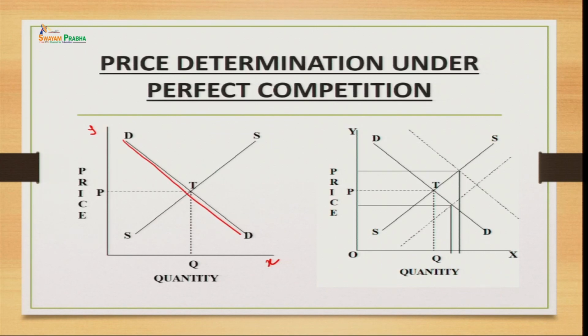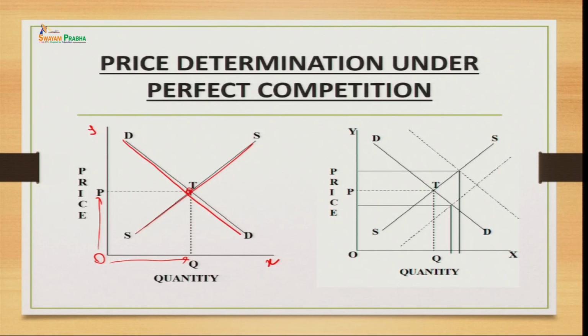So, this DD curve represents the demand curve and SS curve represents the supply curve, and the point where they both are in equilibrium, where they are the same, that point basically determines the prices under perfect competition. So, OP will be the price to sell this OQ output in this market, and this is the price which every seller is going to keep for their commodity. When the demand is equal to the supply, that point is an equilibrium point. At this point the market is in an equilibrium phase.